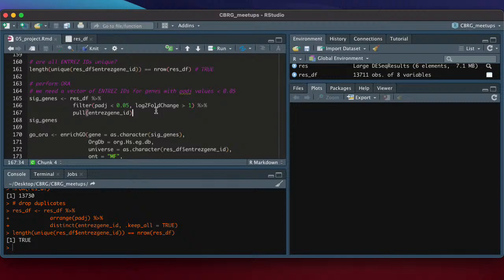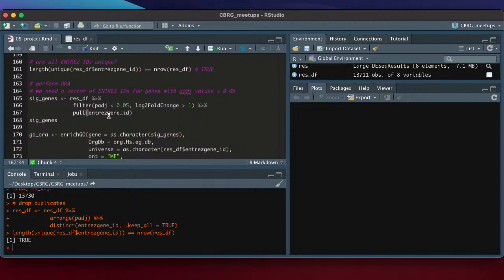Okay. And I'm calling these significant genes, but you can filter your data frame in any way you like. For the overrepresentation analysis, once I do this filtering, I just need the names, these entree IDs. I don't need any other information.